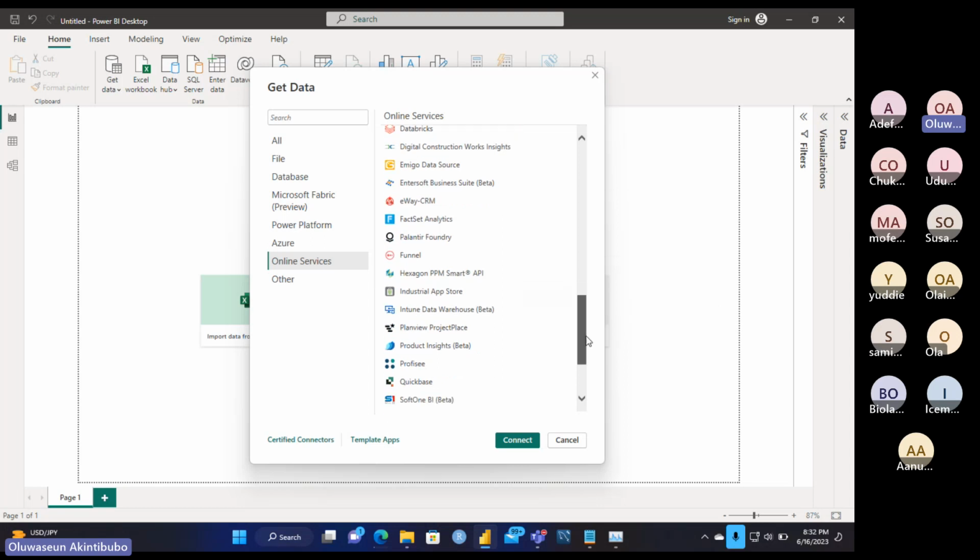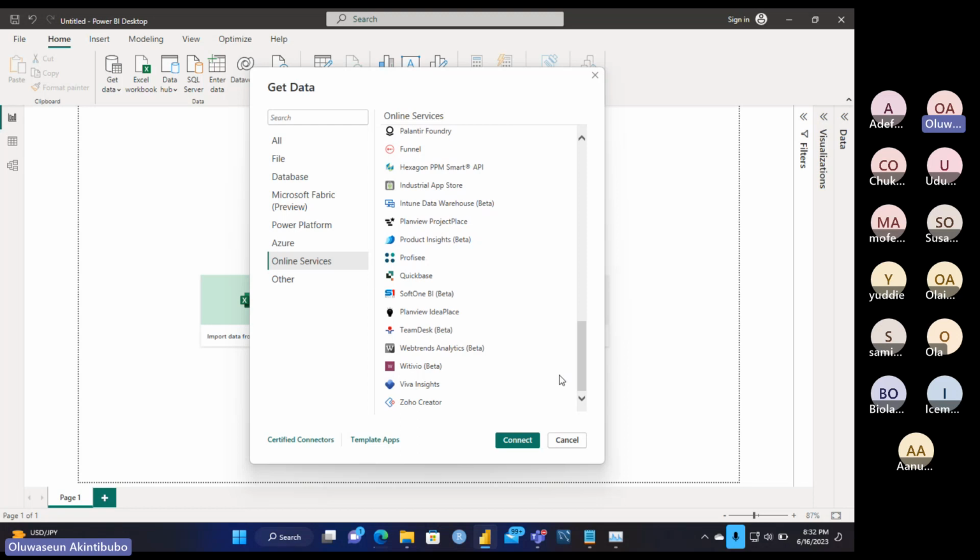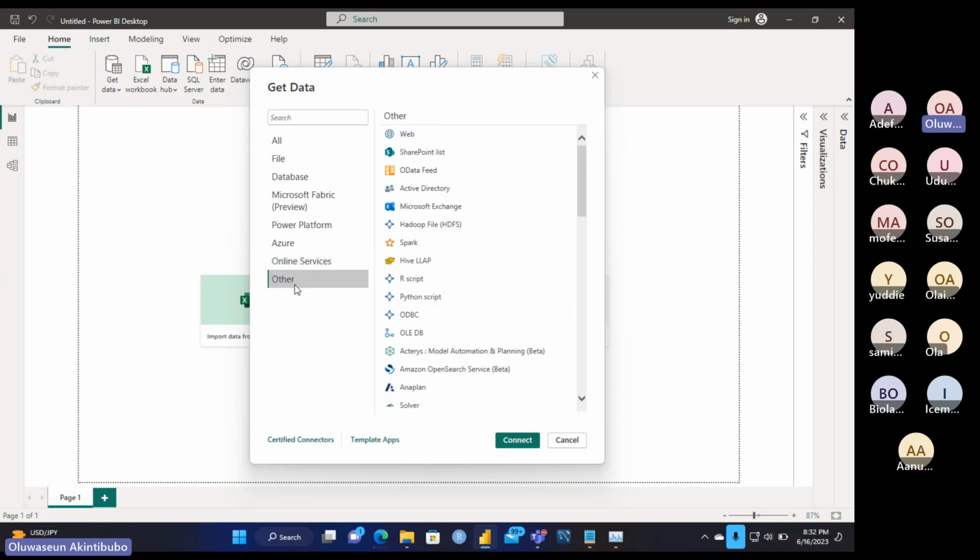You'll see that you can get your data even from Zoho, for those who are using Zoho as a service. Zoho software as a service, you can get your data from there as well. So Microsoft Power BI can connect to almost any source. And there are several others that we have not even looked at, right? Look at them. You can connect to R,